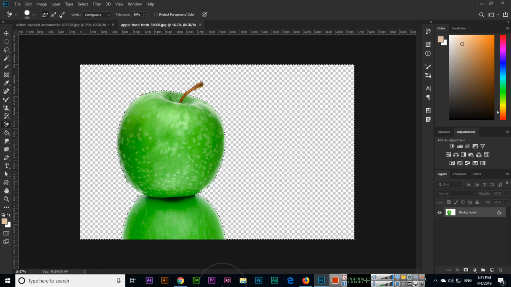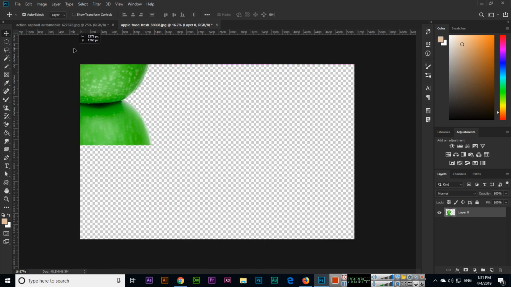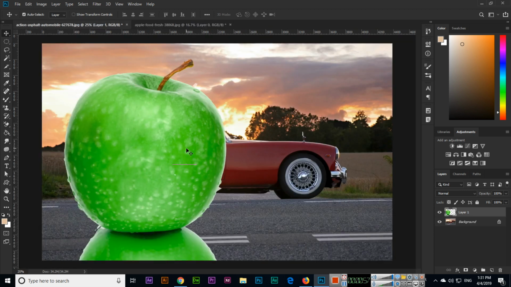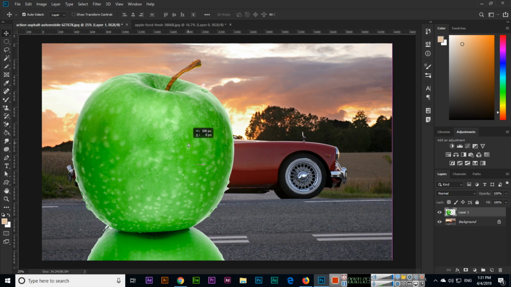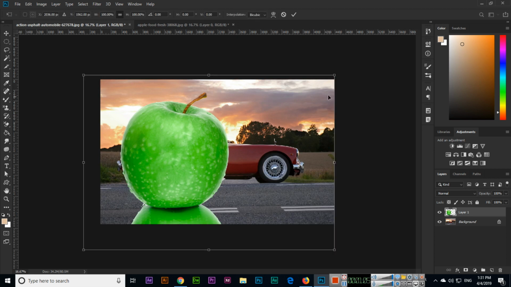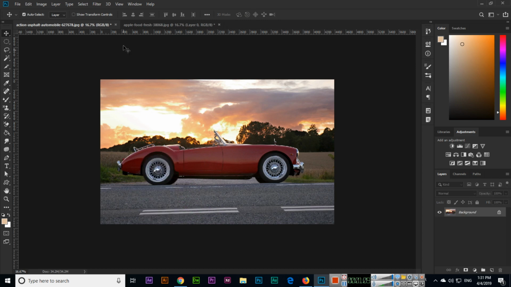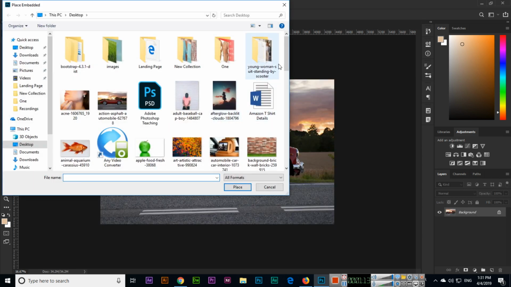And after removing it, there are two ways. We can select the move tool and transfer it from here to there. And the next method, if you want to save the image as PNG, because if we place this image,